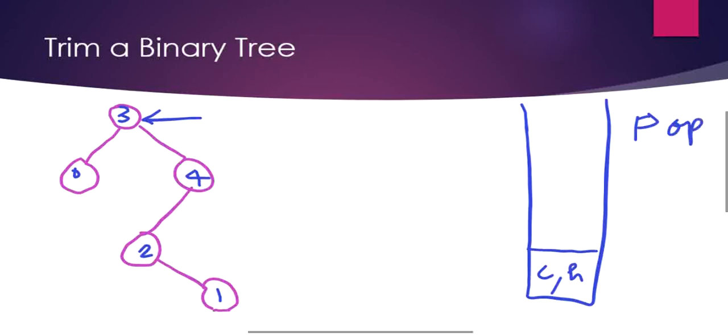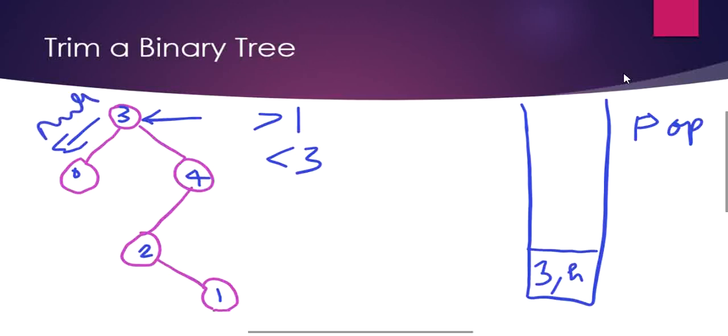And now let's go for a dry run with this example given. Now our first root node is 3 and the stack is going to have 3 and a dummy head. Now 3 is inserted and its dummy head is inserted into stack. Now moving on to its left child. So we are checking if our left child satisfies the condition, that is greater than low and less than high. No, it is less than low. So in this case, we are just simply going to assign the left child of the root to null. So this left child is going to become null, and